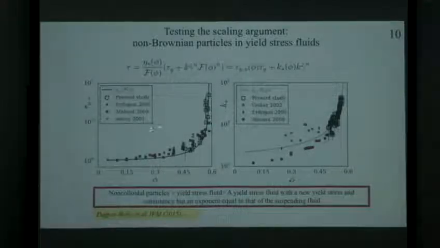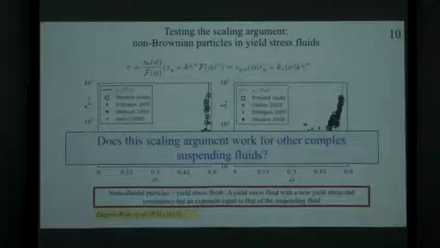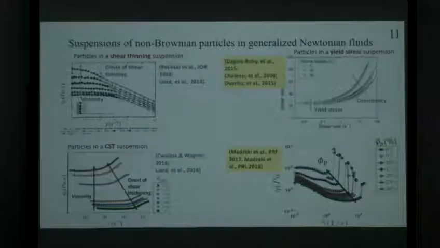Okay, so these are some scattered data from previous literature performing conventional rheometry, and you can ask me why they are scattered. But in the dense regime, if I want to be French, I would say thanks to this pressure-imposed rheometry, we get a consistent result. So the question is, does this scaling argument work for other types of suspending fluid? And the answer is